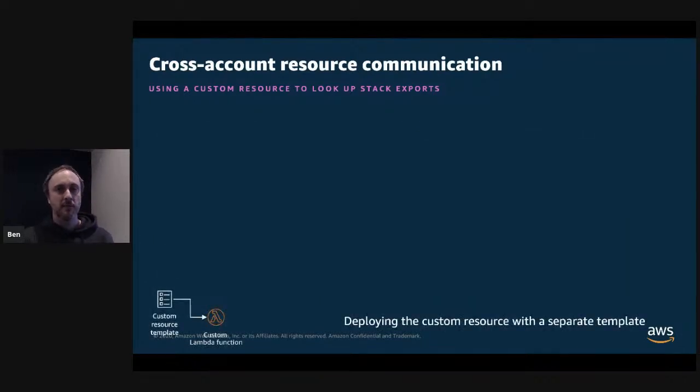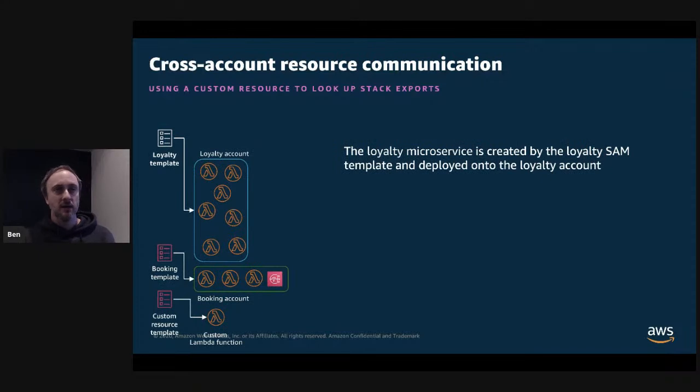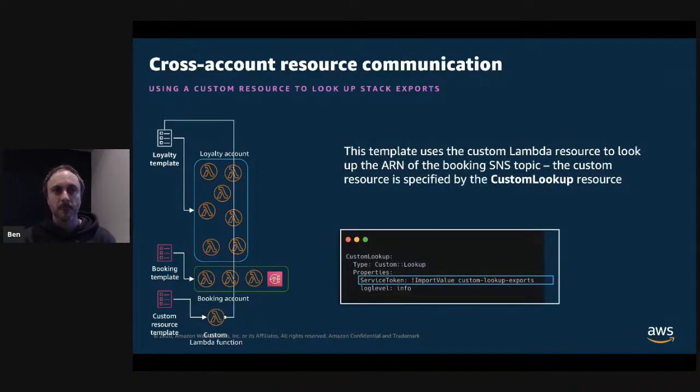So your custom Lambda function, or custom resource, is deployed using SAM, just like any other Lambda function. And that's deployed for the booking and air miles microservices. The booking microservice is created by the booking SAM template and deployed into the booking account. And the loyalty microservice is created by its own loyalty SAM template and deployed into the loyalty account.